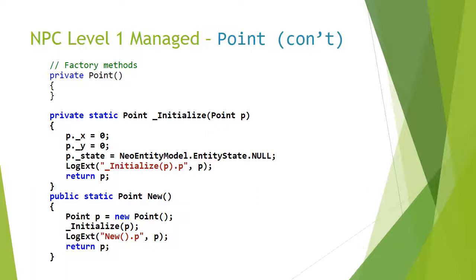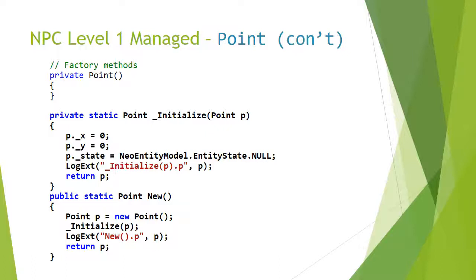So there's the constructor, the parameterless constructor marked private that we don't use, and that basically hides it so it can't be used for creating new instances of an object, of an entity. We use the new method at the bottom, the static public new method. So you'd call point.new to create and have an initialized point returned to you. And so you can see at the bottom there that it calls underscore initialize, and then underscore initialize sets the